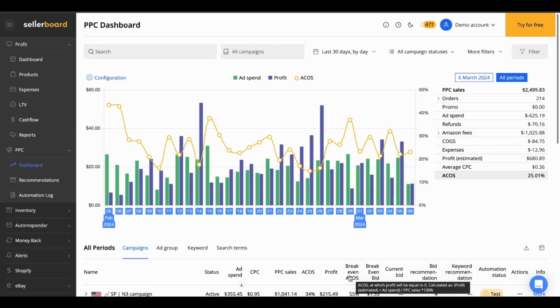Welcome, I'm about to take you through a full PPC dashboard tutorial of Sellerboard so that you can manage all of your PPC spend for your Amazon business within the Sellerboard dashboard. Let's go. Inside the Sellerboard PPC dashboard, I haven't got my face showing here because basically there's not enough room